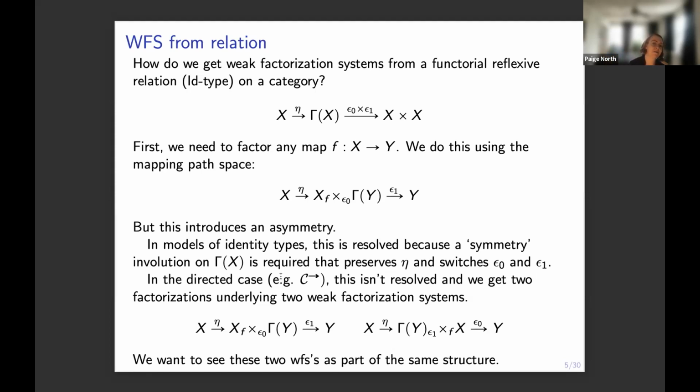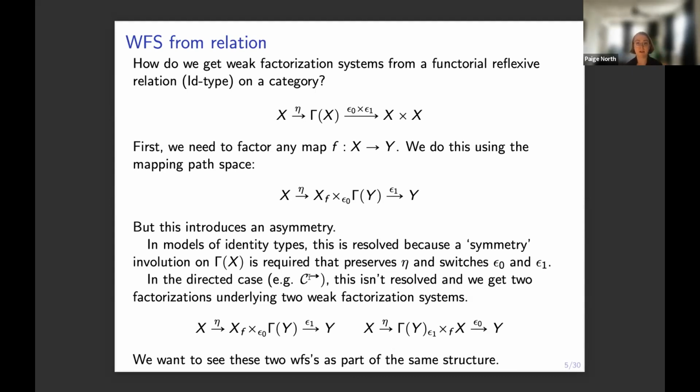So throughout this talk, I think our favorite example is going to be the weak factorization system on categories which is generated by this relation, which takes a category, let's call it X, and returns the arrow category, the category of all morphisms in X. And morphisms between morphisms now are commuting squares. Okay, so in this particular example, we keep in mind that this Γ functor is raising to the arrow.